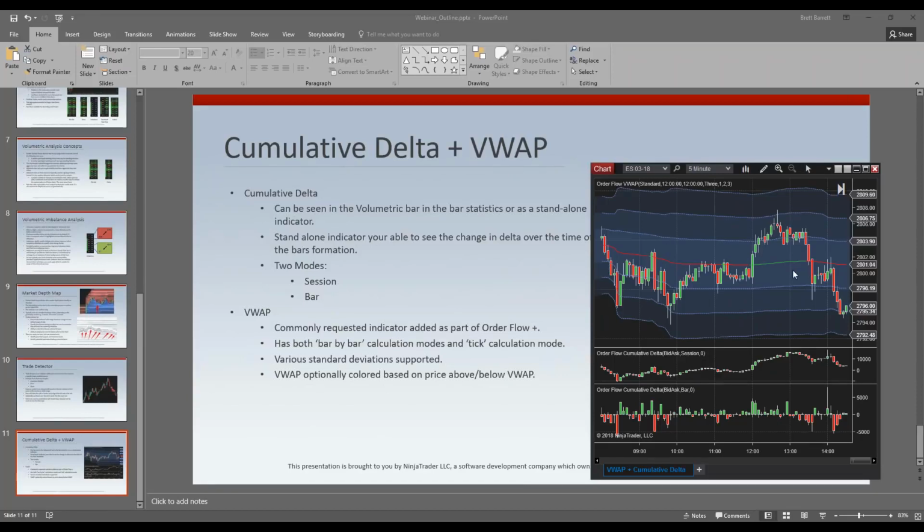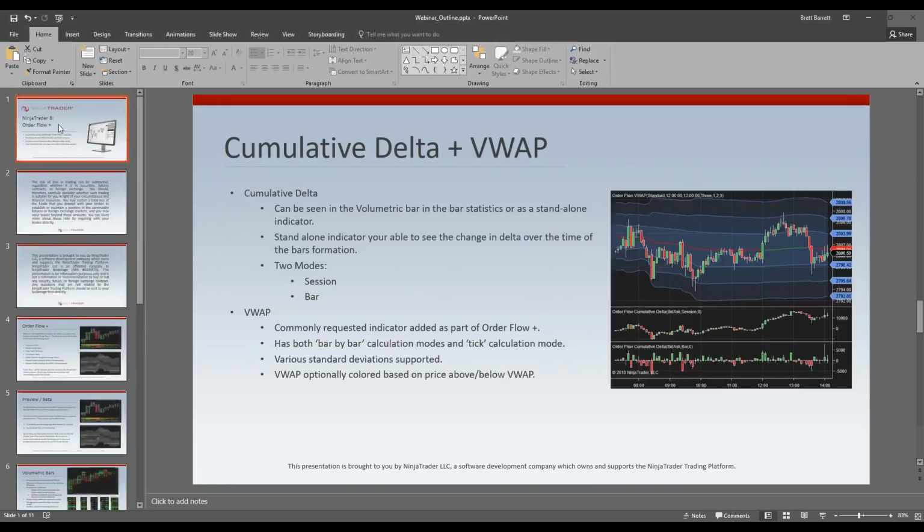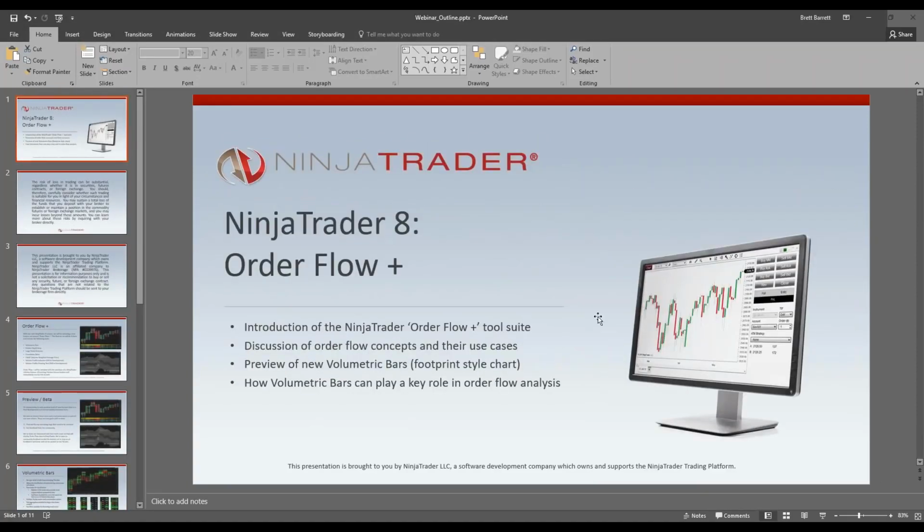That's actually one of a common indicator that we've been wanting to add for a while, and glad to get it in with Orderflow Plus. All right, so that is a quick overview of some of the new Orderflow Plus tools coming in NinjaTrader 8. This webinar, hopefully you guys have enjoyed me ripping through some of the new feature set that we've been working on. The next thing that I am excited to show off and will be coming up in our next release